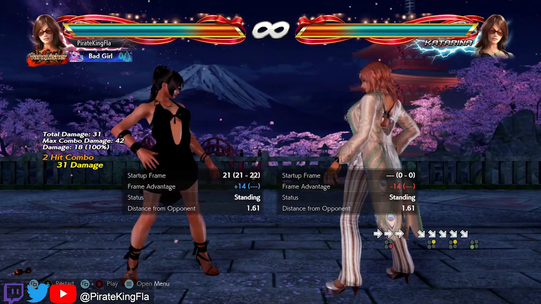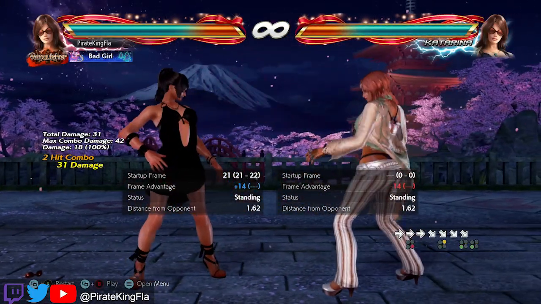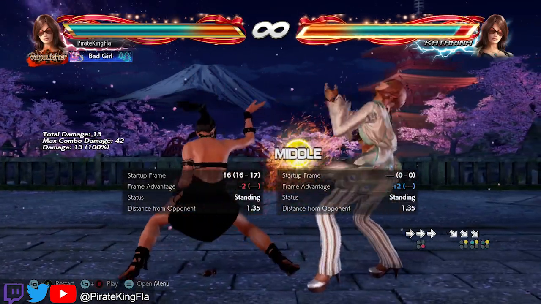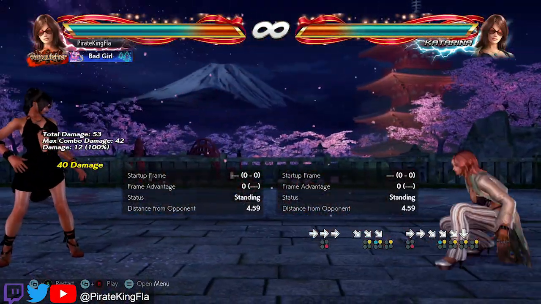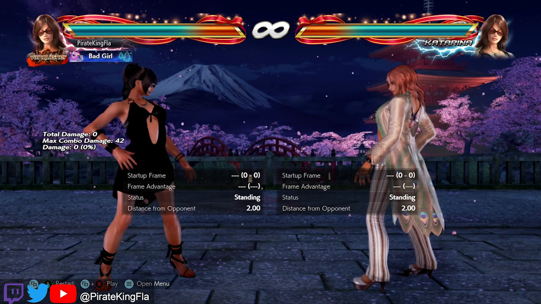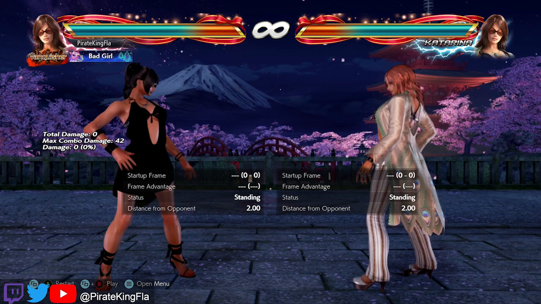Like that, Harrier down forward 2, 3. Like that. And she also has Harrier down forward 1+2, which is a throw. And of course, as mentioned, new move, Harrier down forward 3. As you can see, the new move is definitely going to add more variation to what you can do out